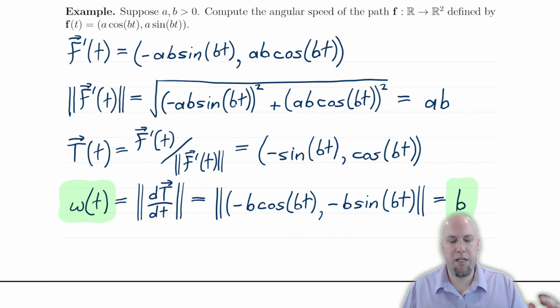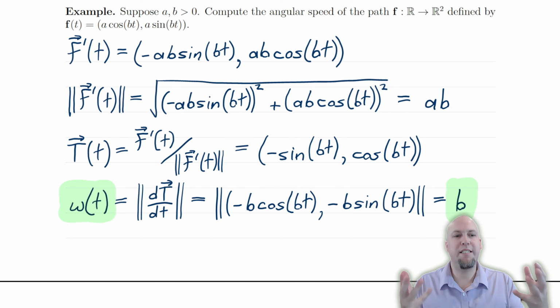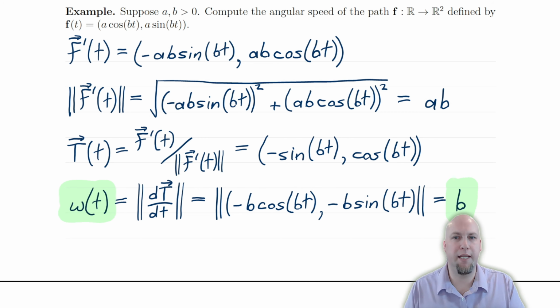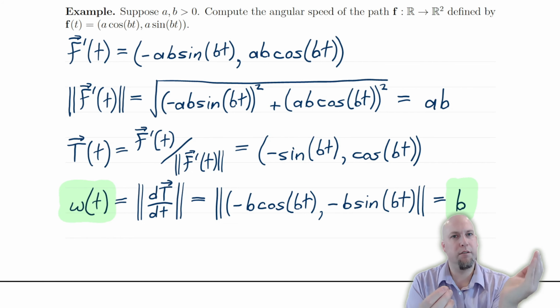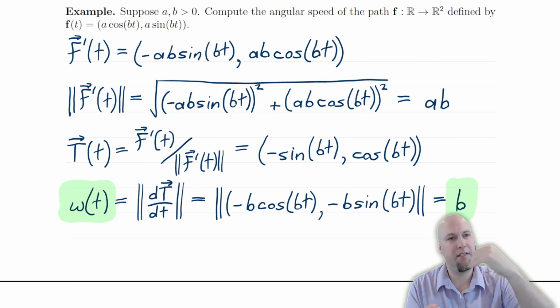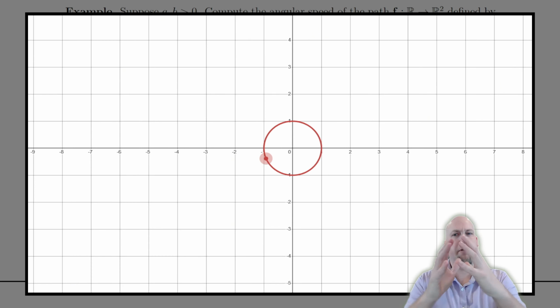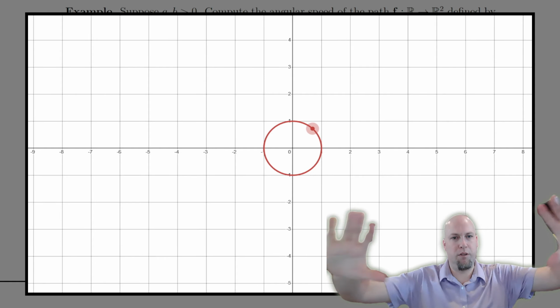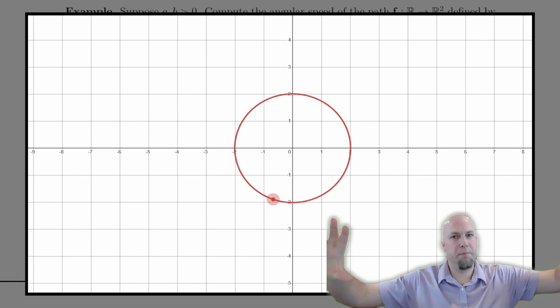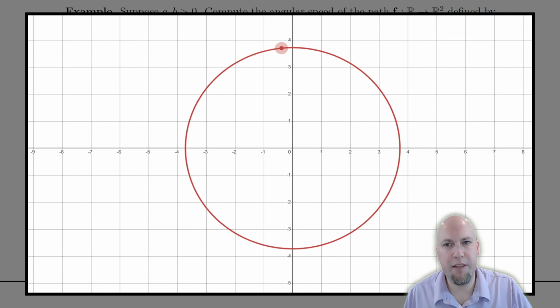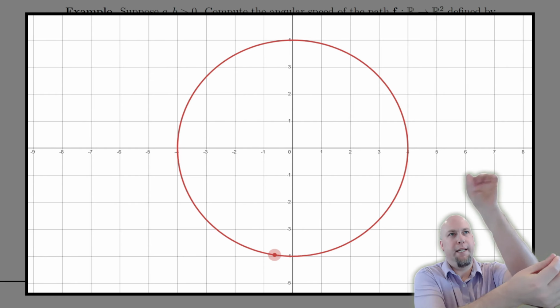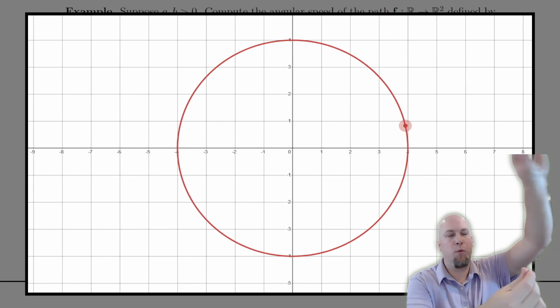Now I want to talk about this geometrically a little bit, sort of what's happening here. The way to interpret this is the higher the value of b is, the quicker the angle of the particle, or the angle of the path, is changing. And it has nothing whatsoever to do with a. So how do we interpret this? What's going on here? Well, the parameter a is measuring how big around the circle is, whereas the parameter b, this b up here, is measuring how quickly the particle's moving